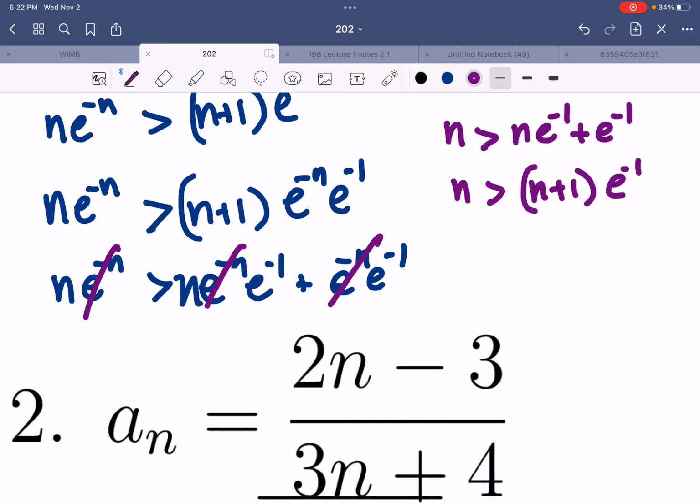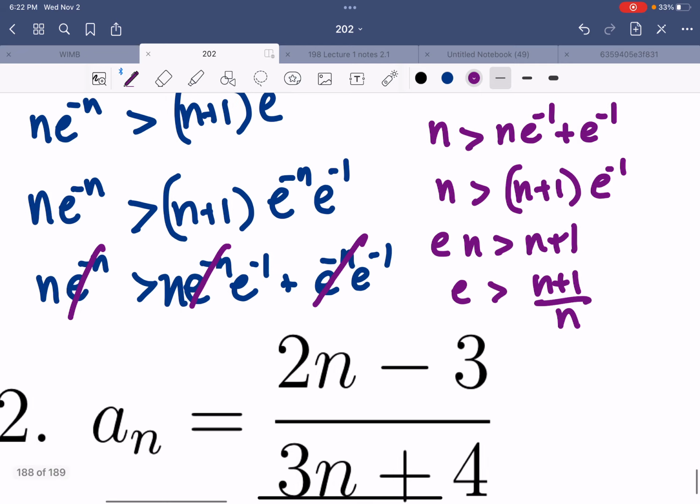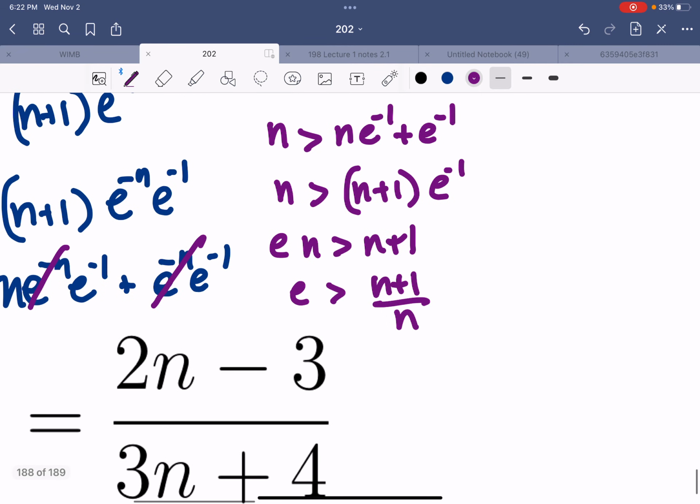So in this case, let's see what happens next. If we multiply by e on both sides, that moves my e over here, and I can divide through by n. So this is only true for, let's see, e greater than, if you divide that through, 1 plus 1